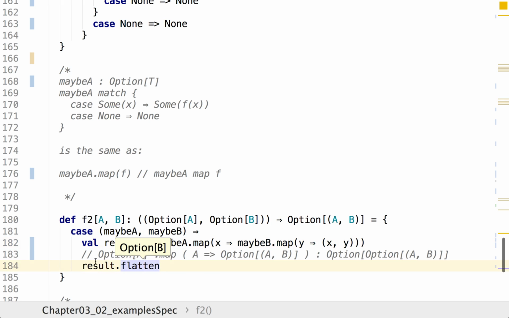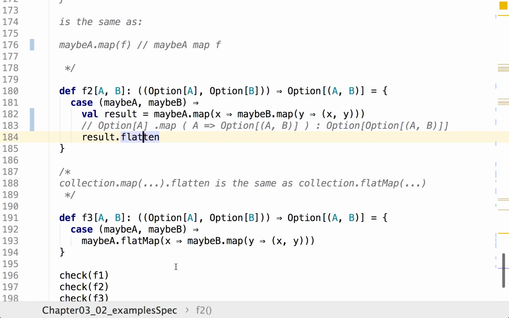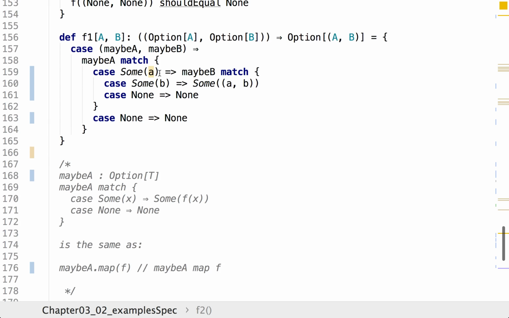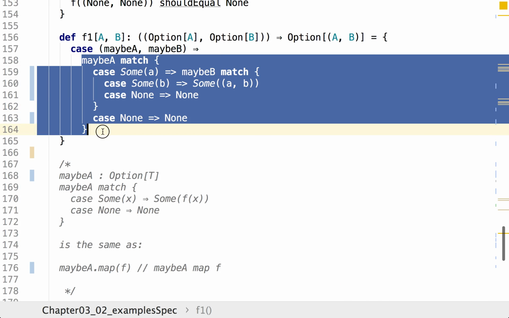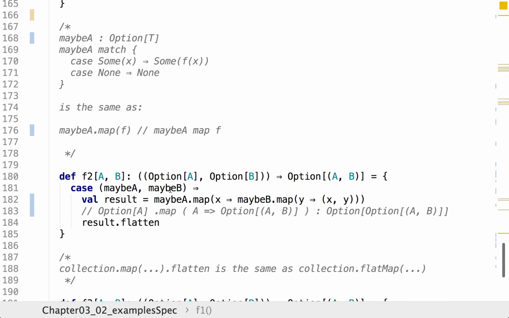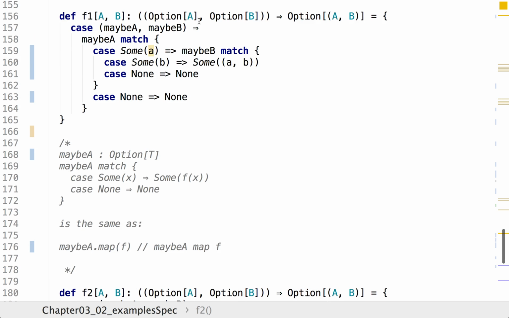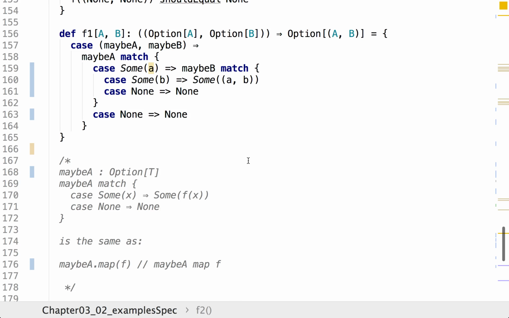Flatten, option B. So to make a long story short, you need to start with code like this and then simplify it and make it shorter, and then gradually you will start thinking in terms of these map, flat map, and so on, so that it is much easier for you to think in terms of transformations on an option, collection, and so on, rather than transformations done on individual